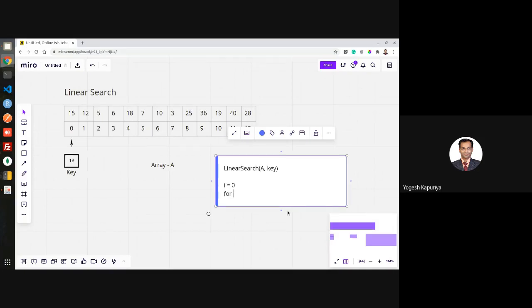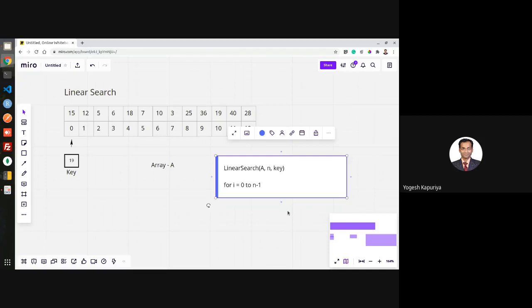Then you will run a loop. Instead of writing a while loop, I'm writing a for loop. Now what is n? n is the length of the array. So first you will find out the length of the array. Sometimes the length is already given, in which case you can avoid this step.